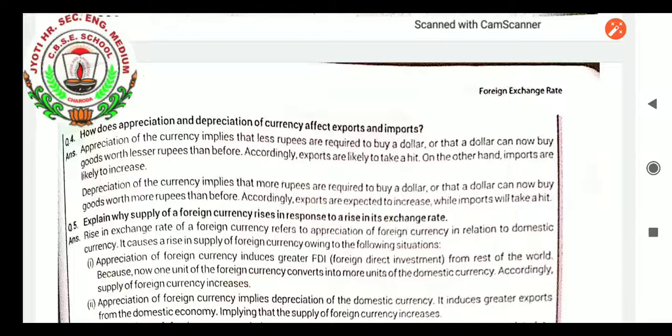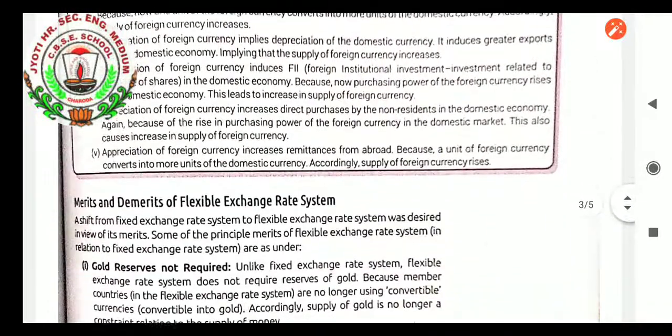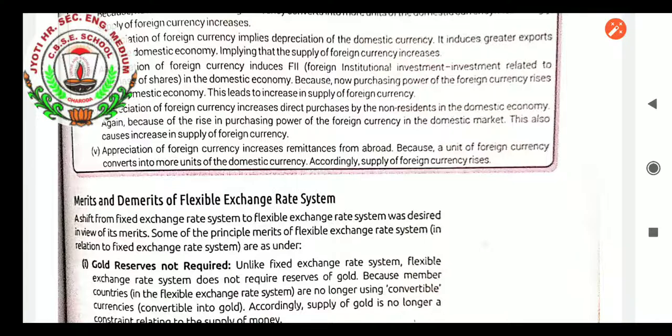It is a situation, see here, similar to the income and expenditure process. When our income is good, we can import goods. But when our income is less as compared to the foreign currency, we cannot import the goods. We will stop importing. We will try to export more so that our income will rise. Same is the situation with appreciation and depreciation of the currency. In appreciation of the currency, when our value is more, definitely exports will be hit and imports will increase. So these are the situations, student. If you learn appreciation and depreciation, it will be good for you for attempting every type of MCQ pattern questions.